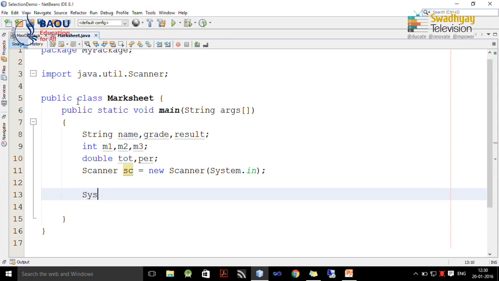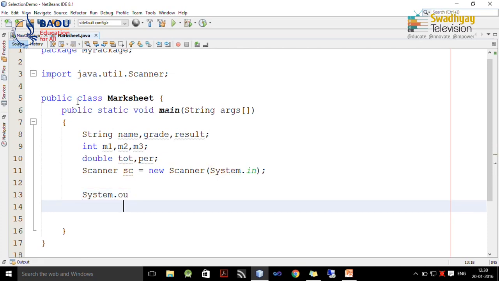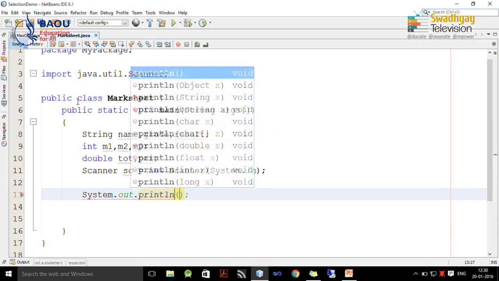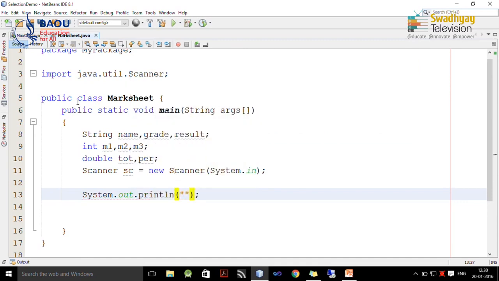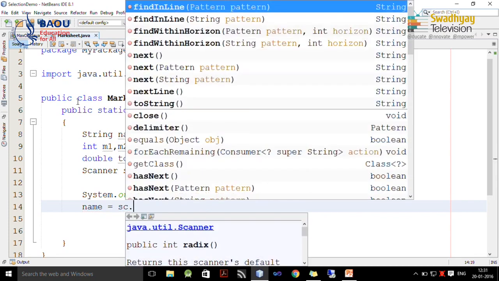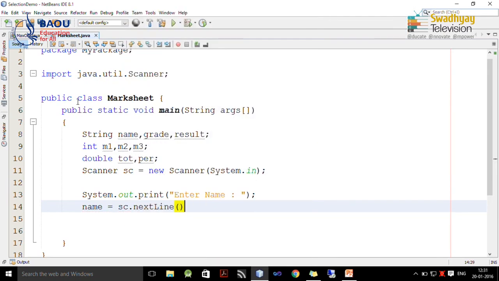So, we start by prompting the user to enter name and inside name we read name. I can copy this.